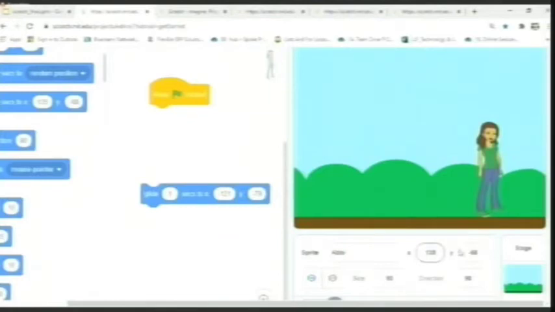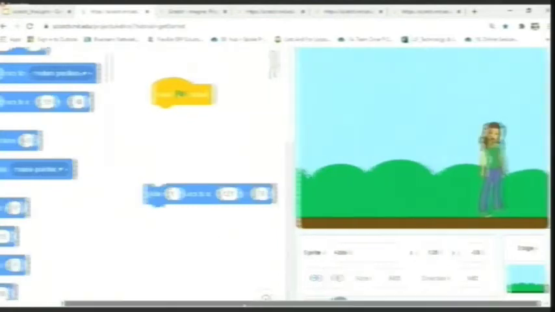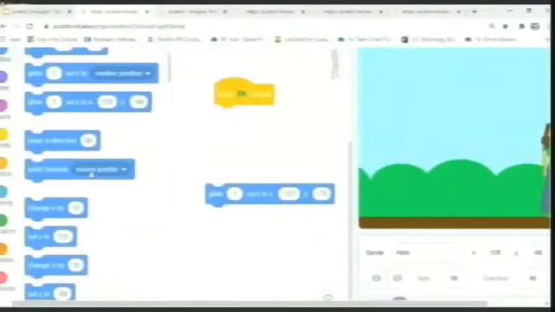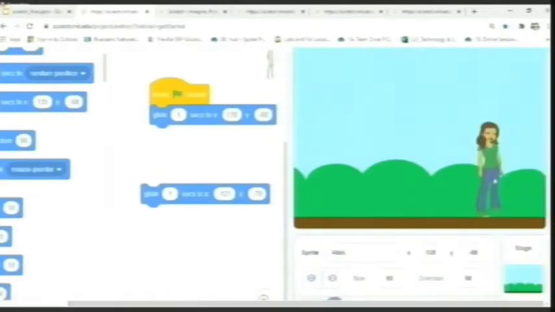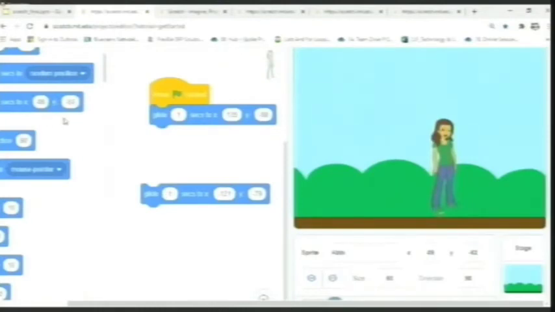Now the position has changed, 135 and 68. Now, when you go back to the motion block and look at the glide one, the numbers have changed. So the best part is you don't even have to type in the numbers. All you have to do is glide her to the position, and you can see the numbers have already changed. It is as simple as that. All you have to do is glide, and the block will automatically take the coordinates.